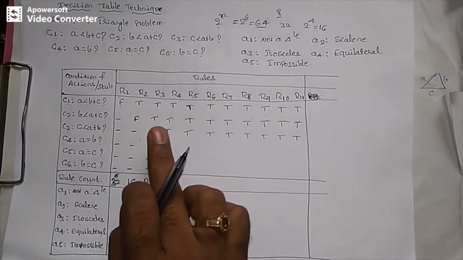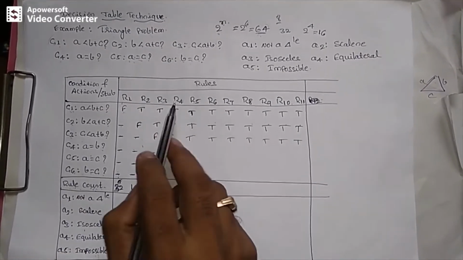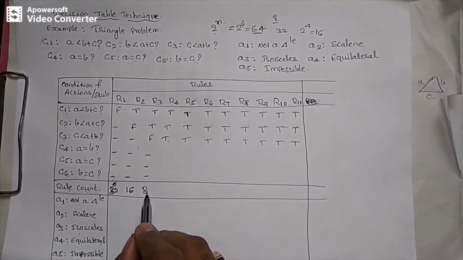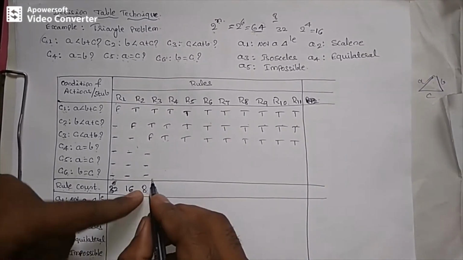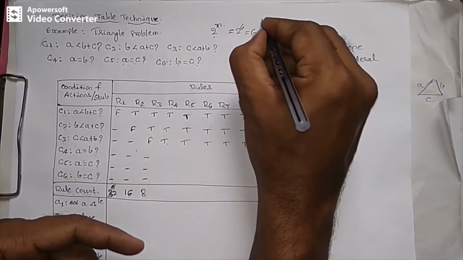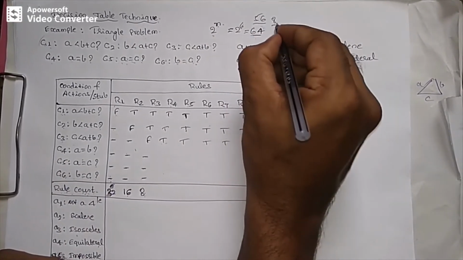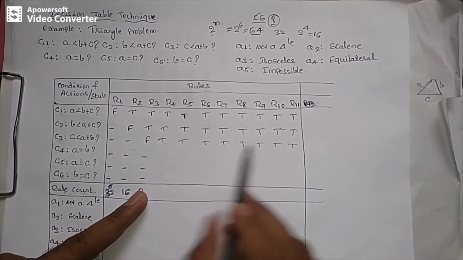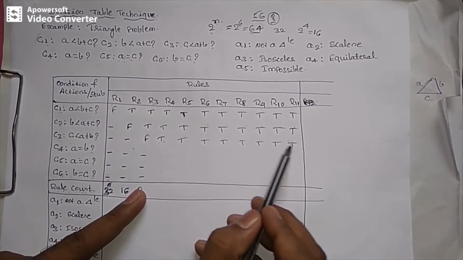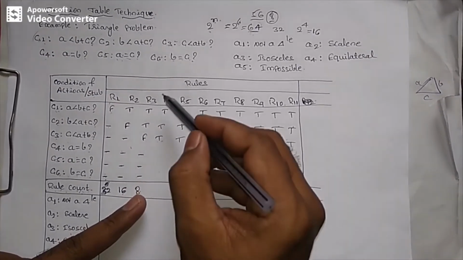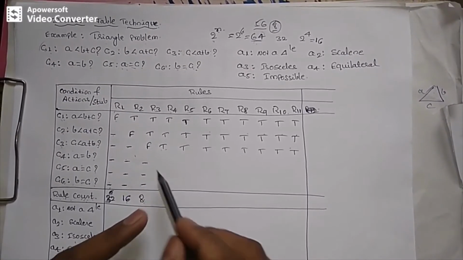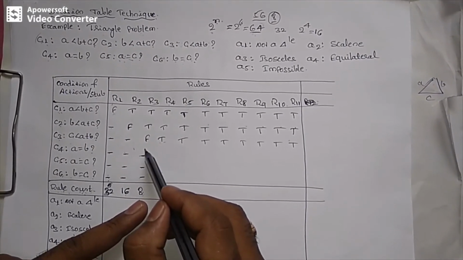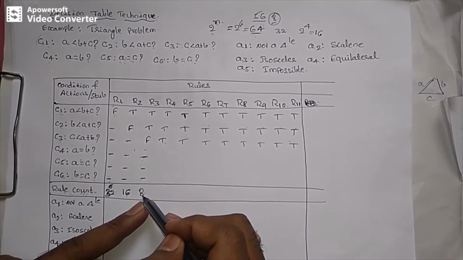Okay. Now these 8 entries are there. You can see from R4, 1, 2, 3, 4, 5, 6, 7, 8. Up to here, we have already checked 56 test cases. Then the remaining 8 test cases we have to write here. The remaining 8 rule count we have written here. If all the entries are there, then that column rule count will be 1. If a number of dash symbols are there, then it is 2 to the power of n. That much rule count will be covered over here.